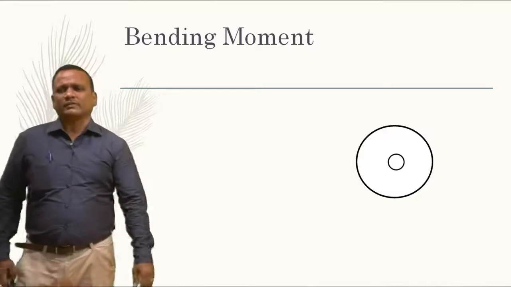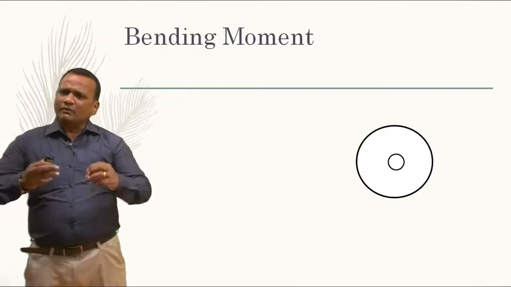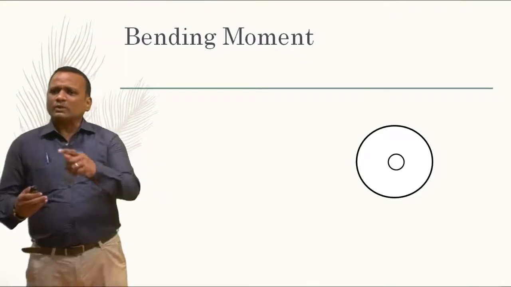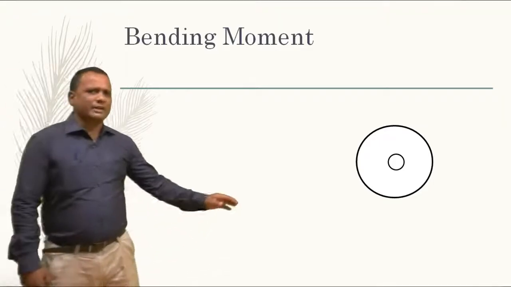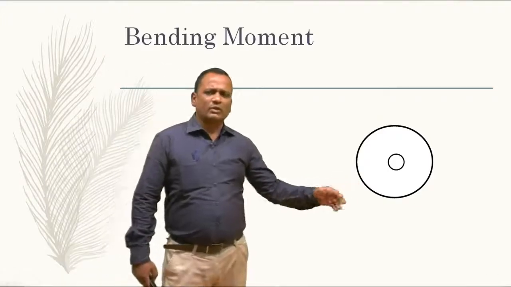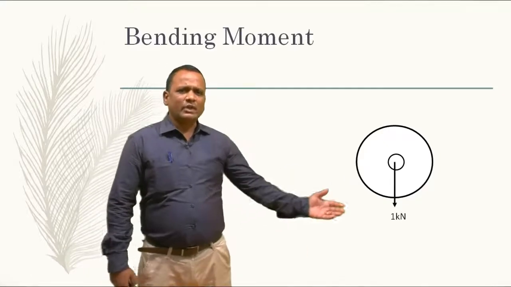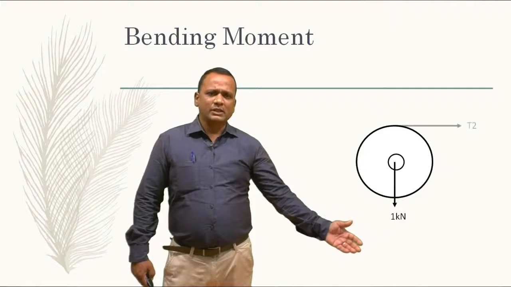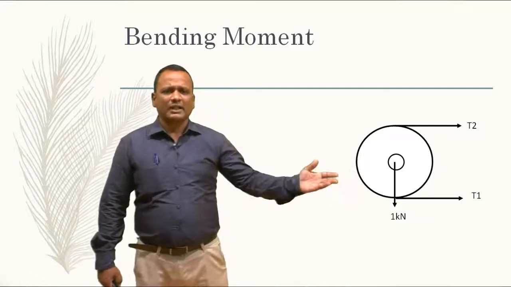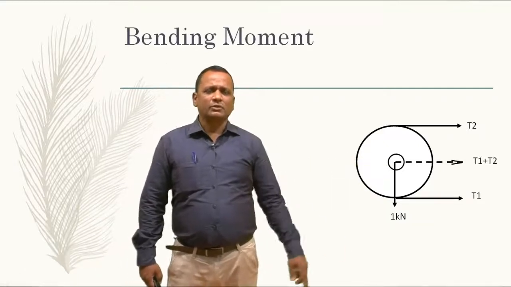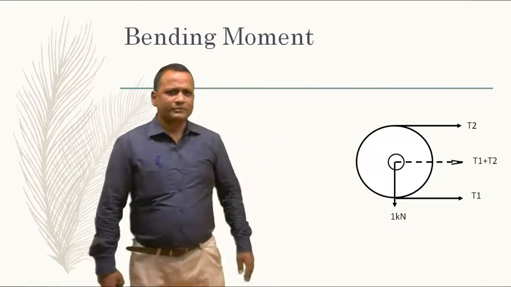This is a very important part of this design. In order to design a shaft, it's very important to understand how the bending moment goes across the shaft and what vertical forces and horizontal forces I need to consider. So for the bending moment, I will consider the side view of an element, where I know the pulley weight is 1 kilonewton, as given here, and T1 and T2 are the tight side and slack side tensions, and the summation of those two would be T1 plus T2. By this you can easily understand that I have one vertical force and one horizontal force.